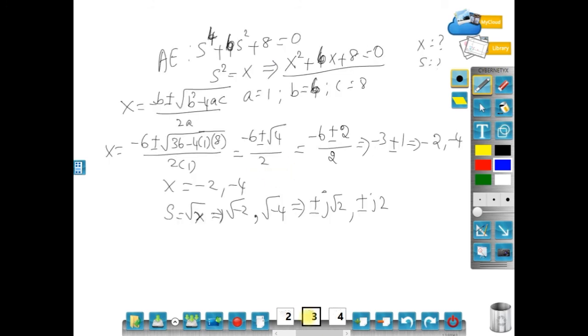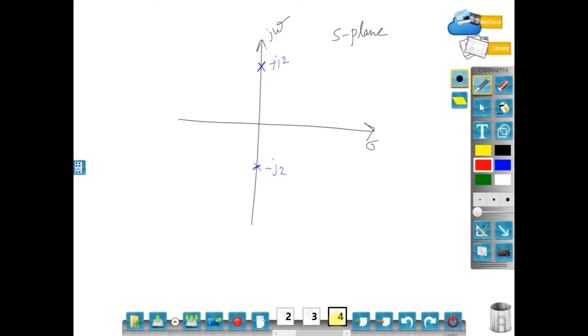And another root is root 2. Root 2 is nothing but 1.44, I think, right? So another pole is plus j root 2 and minus j root 2. So in this particular problem, 4 roots are actually